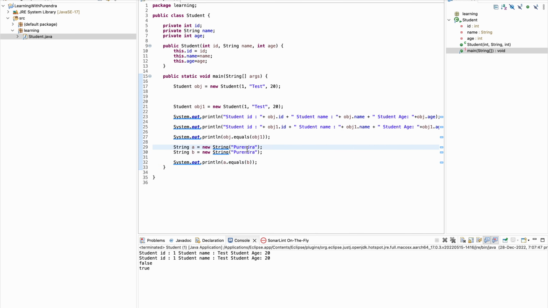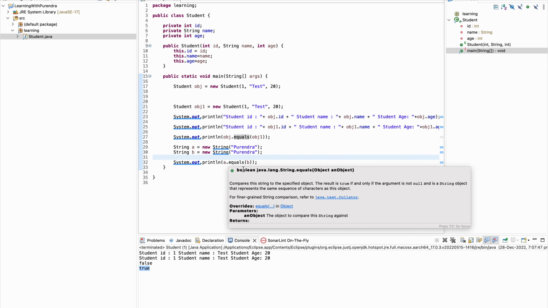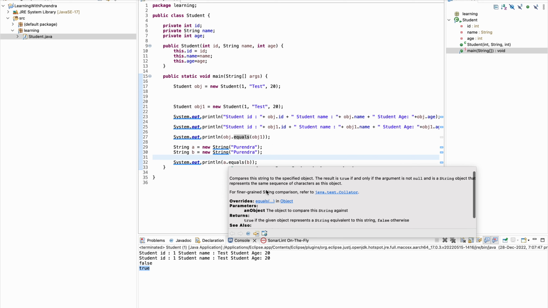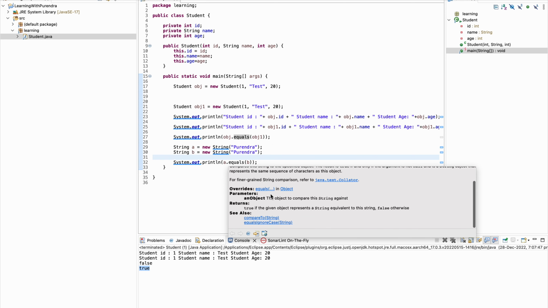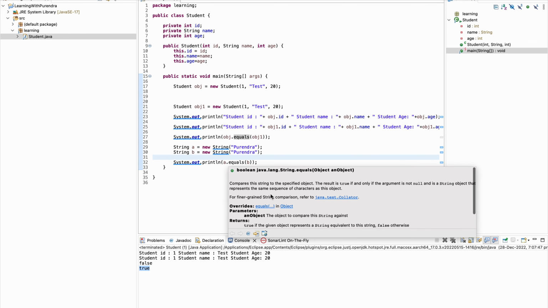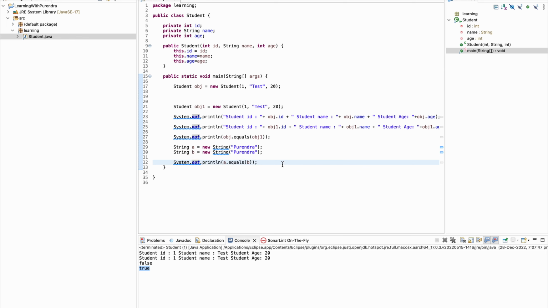Here the values are the same but the objects are different, and the output is true, but in our case the output is not true. Why? The problem is that we don't override the equals method, but the String class has overridden this equals method. You can see this is the String equals method in the String class. Let me remove this; I just took it as an example.